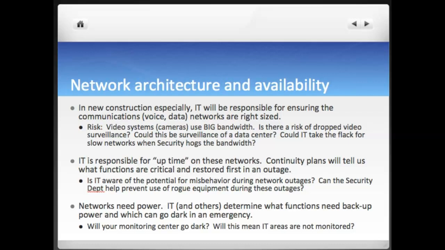We need to know who was in there messing with that server. They shut our production down. And you go in, you say, well, based on the camera footage, I know that there was a blob there because the network is not robust enough to give me anything better than that. And it kept dropping out, right? So IT could take the flak for slow networks, and we're hogging the bandwidth. Is there a shared risk and potentially shared mitigation, right?